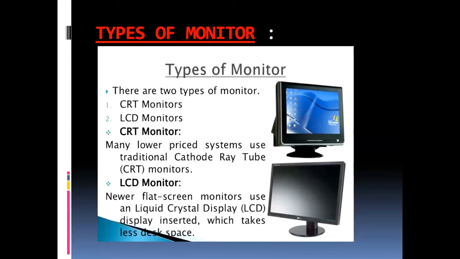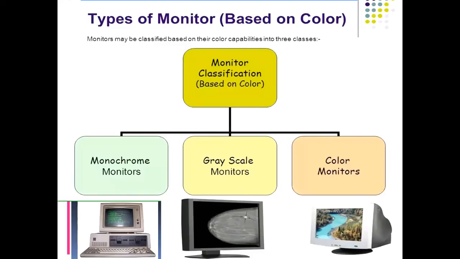Second one is LCD. What is LCD? Liquid crystal display. It is a flat panel screen that uses liquid crystal display technology and is connected to the computer. Laptops use LCD screens, and it is almost the exclusive display screen monitor for laptops. Flat panel display LCD is usually used with portable computers, but now has become very popular with desktop computers too.